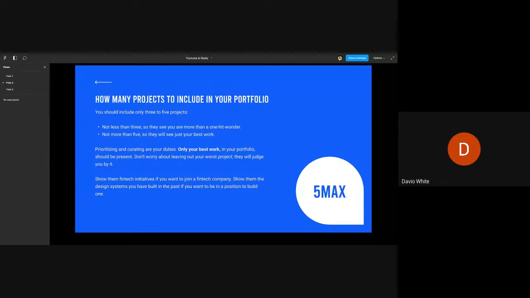If you have 5 designs so far and your best work is 3, include just those 3. Don't include the 5 of them. Prioritizing and curating are your duties. So you can even go over it with friends. You can go over it with your mentors or people that you feel like are higher than you in the